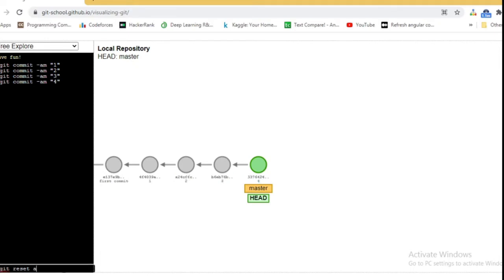Suppose I want to reset to this commit. So A24CFFC, enter. Now you can see that master and HEAD both came to that commit and deleted all the commits after that. So it is irrecoverable now. Now you can only access the features that have been implemented till here. All the further changes have been deleted, and it was done because of --hard. It assumes hard by default, so all the commits are deleted and cannot be recovered.